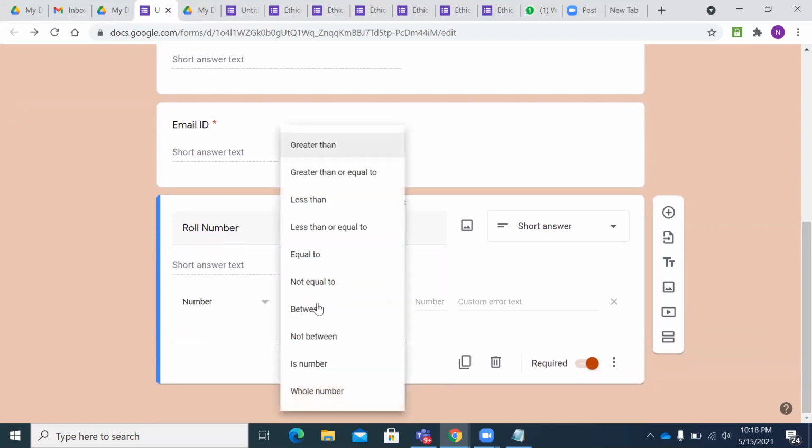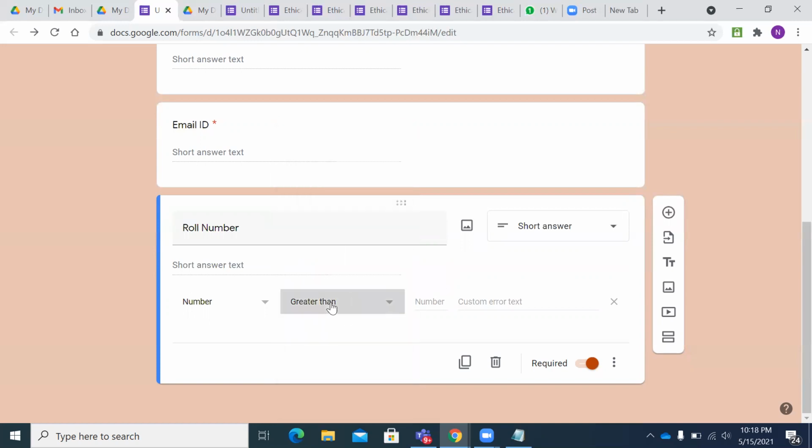So here you can select that if it is less than 8, it has to work, meaning the student is able to add the roll number. If it is more than 8, they are not able to add a number. So let it be less than. If it is less than 8, they have to add it. Otherwise, it has to give an invalid message, invalid roll number for the students.